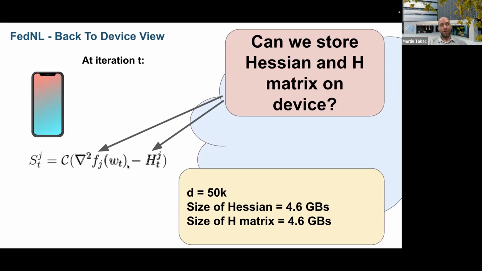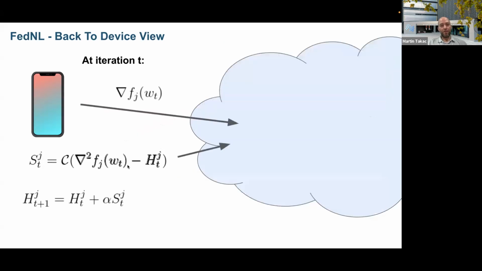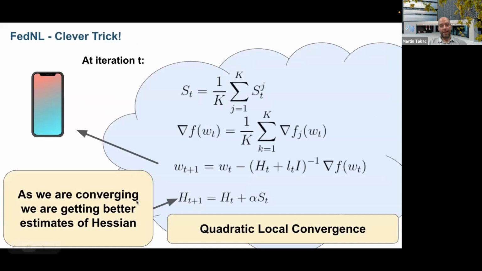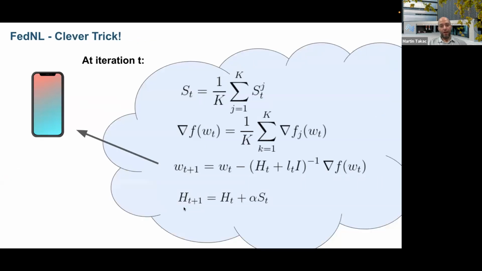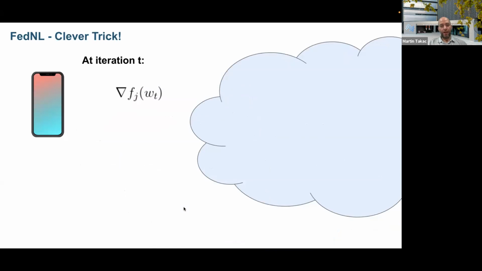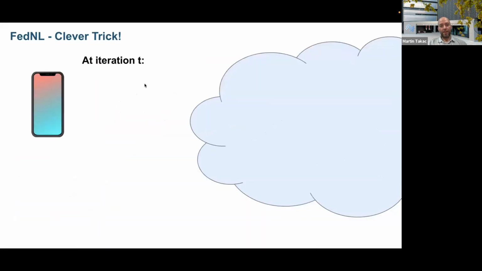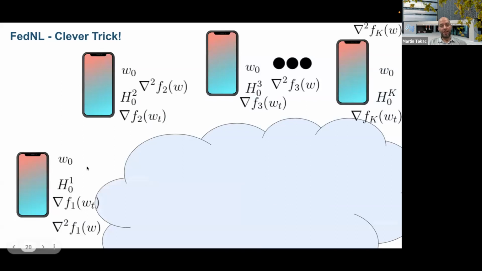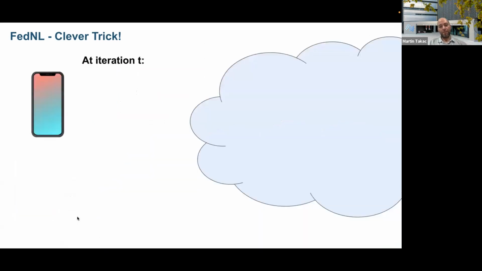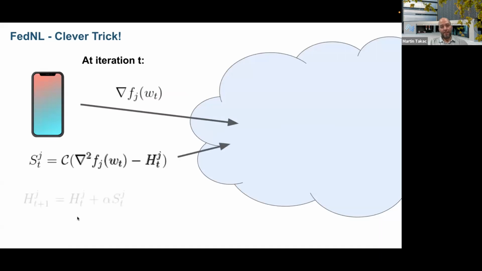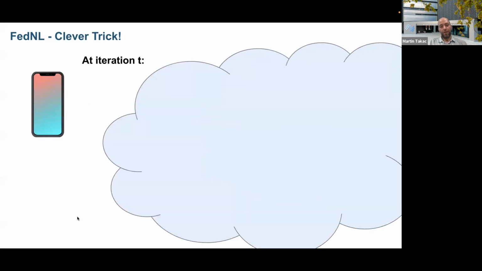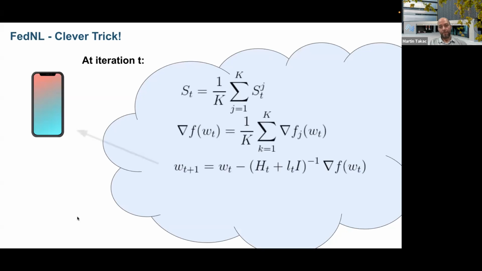But again, I like this work a lot, this Federated one, because I think this idea of introducing local estimates of the Hessians on devices is pretty nice. And then you just start using the fact that I just need to communicate the difference between the H and the Hessian. I can compress, I can quantize, and so on. I can send it to the server. He just updates the estimate of the Hessian, which is the average of the functions' Hessians.